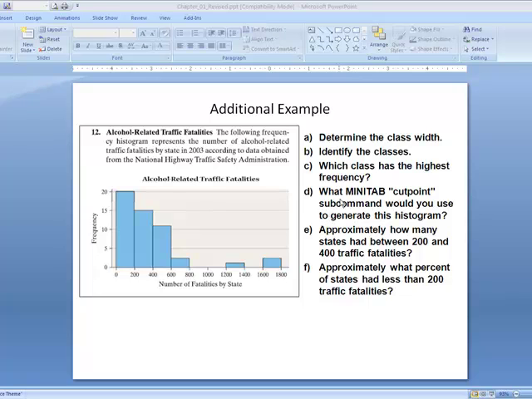We're going to get into what Minitab cut point command would be used to generate this histogram later. But what we're going to do is just continue on here with some of the questions without Minitab, and we'll come back to the Minitab question in just a moment in our next segment where we work with